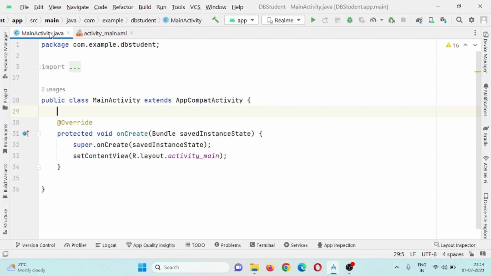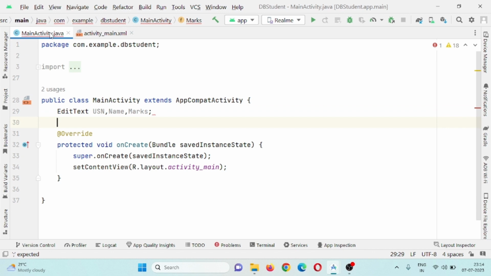Let me declare variables for the edit texts. 3 edit texts that we have used. One is to read the USN, second one is to read the name, third one is to read the marks. And 5 buttons